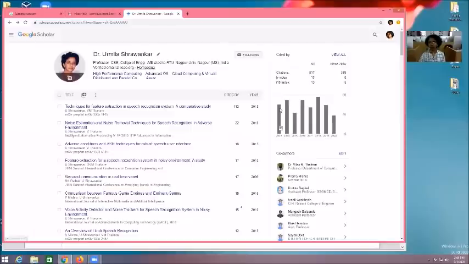So many times UGC, AICTE format, they ask us year wise citation, they ask us year wise publication. So it is a very good tool to maintain our own record. Okay, this record is maintained by the Google Scholar, and no need to worry about how many papers I have published. At the time of giving the record to anyone, you can do it.